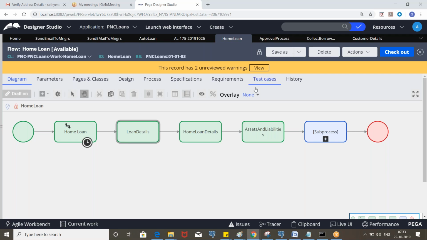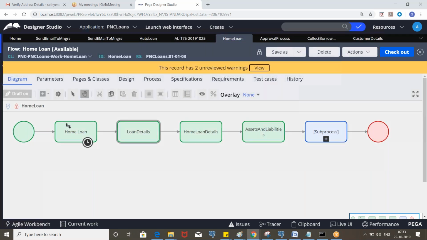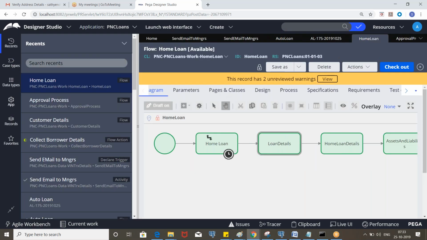Now we'll work on a scenario where the user will be able to upload documents on click of a button, and those should be attached to the work object. When it is routed to the manager, the manager will be able to download those documents and verify them.